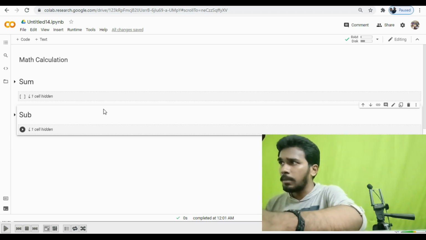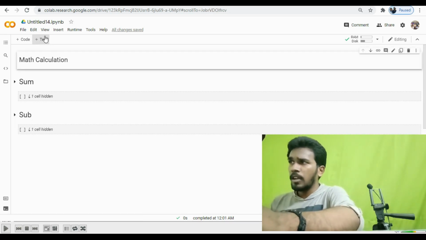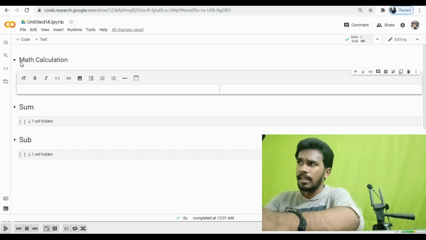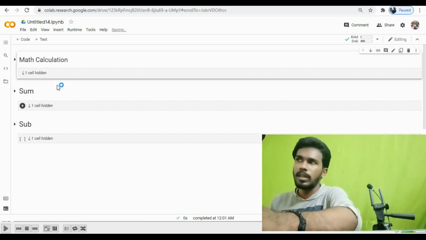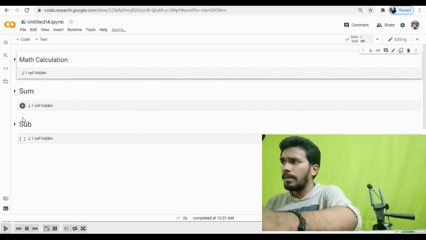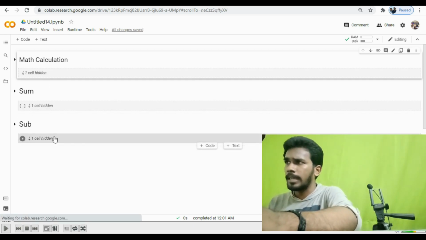I create a text box here. If I create a text box here, you will get an icon here. If you close this icon, it will get closed. So this is a way of creating different subfolders. Now another thing, let me go to this sub, print, I go for another text box.